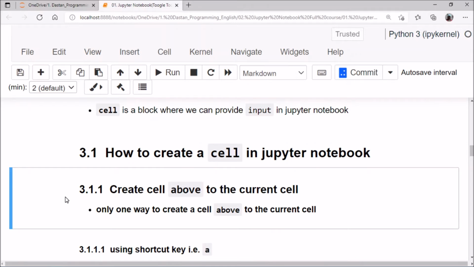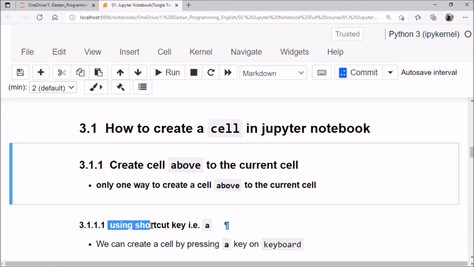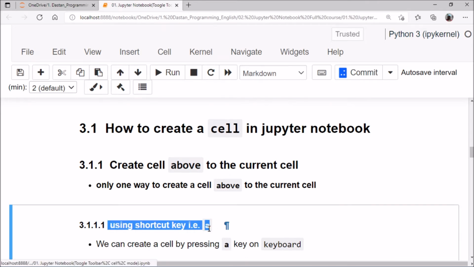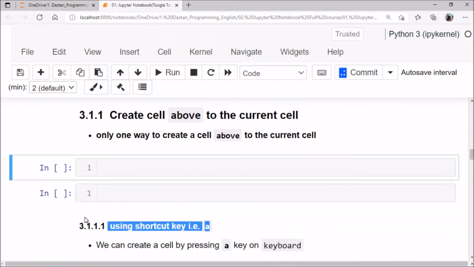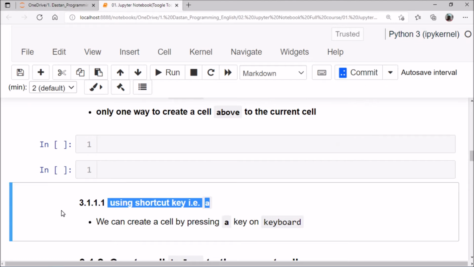we can simply press A. We can say there is one shortcut key, that is A. If you press A, it will create one empty cell. You can see here, and again press A, then we can see another cell created. And suppose we want to create